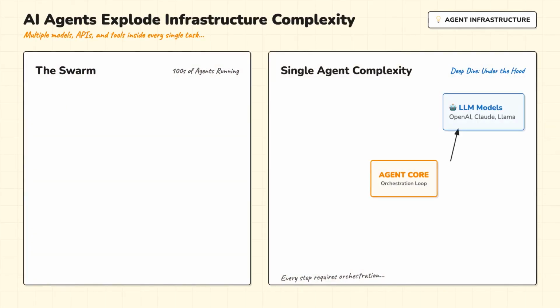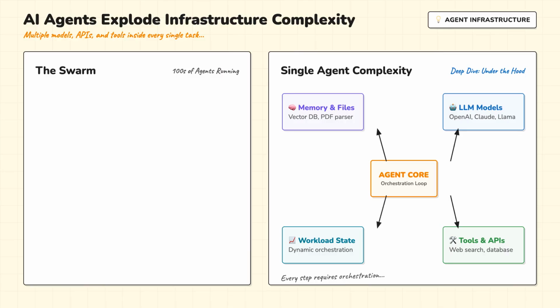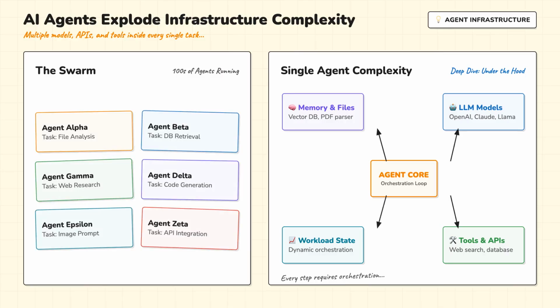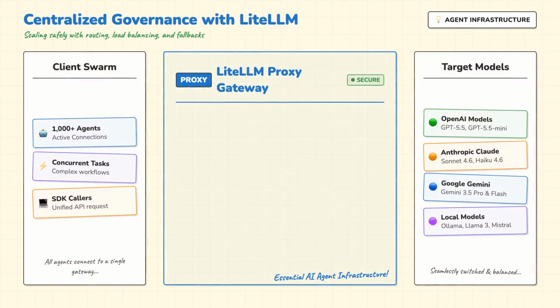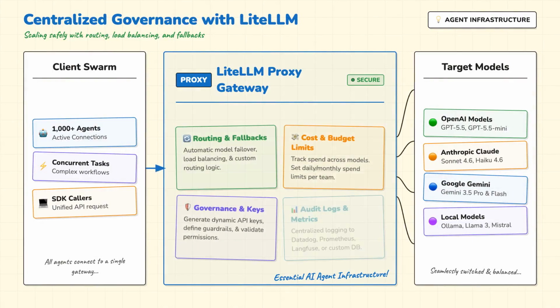AI agents dramatically increase infrastructure complexity. A single agent may use multiple models during one task. It may call tools, retrieve memory, analyze files, and switch providers depending on the workload. Now imagine hundreds or thousands of agents running simultaneously. Without centralized routing and governance, the system quickly becomes difficult to manage. This is one reason LiteLLM is increasingly seen as part of the AI agent infrastructure stack, not just a simple